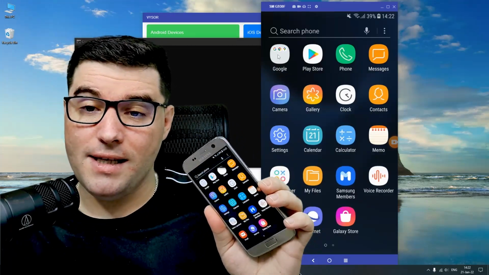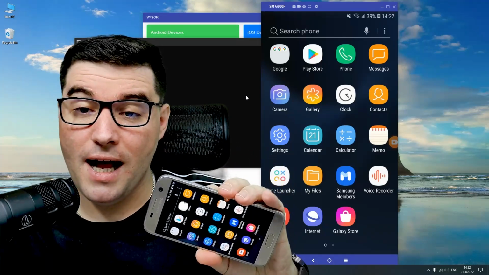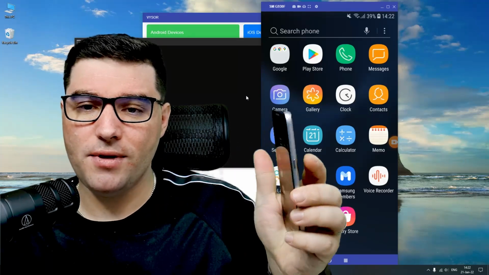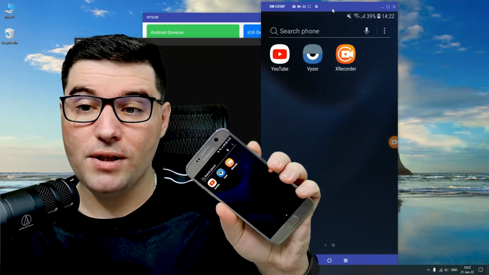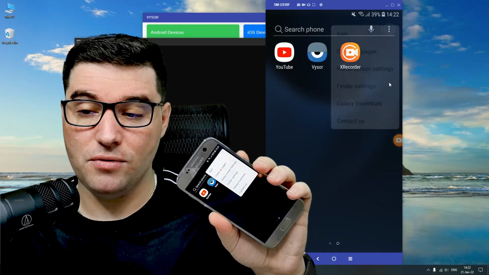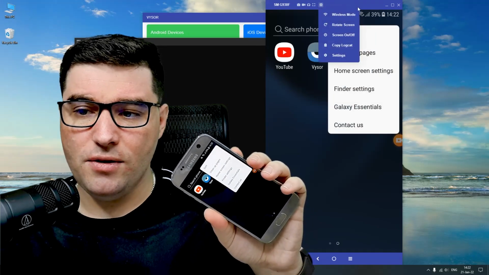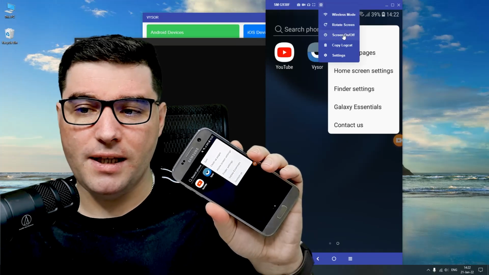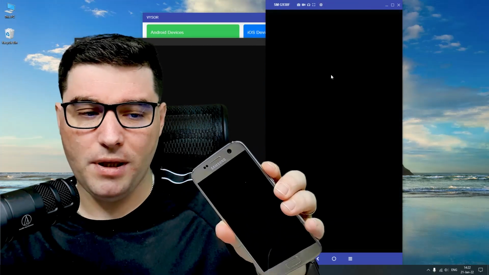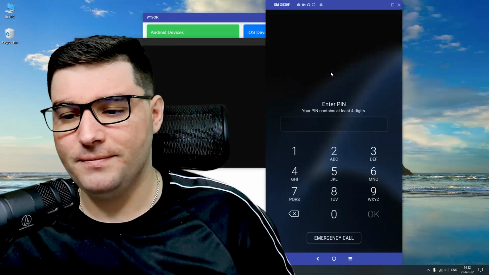So let's say that maybe someone found your phone on the table and they start browsing through it. What do you do? You don't have a power button available in Visor, and you simply click this screen on off button, and this will lock your phone.